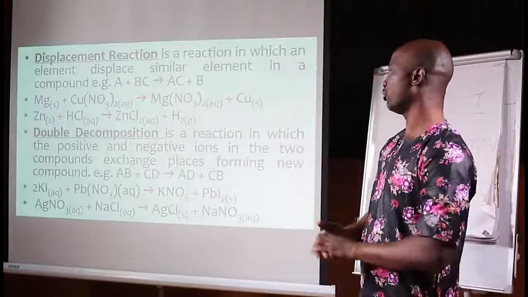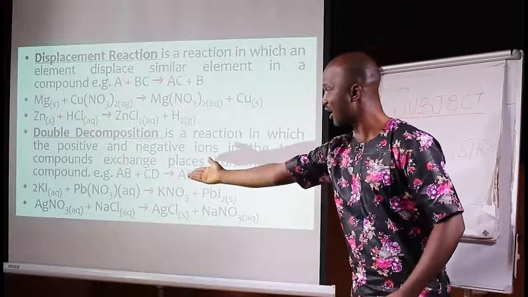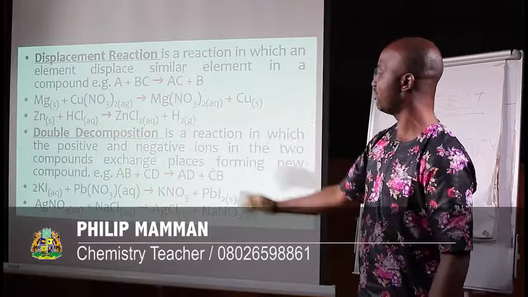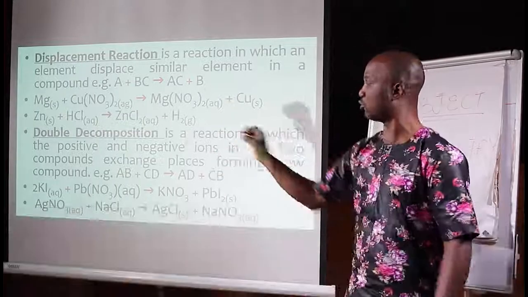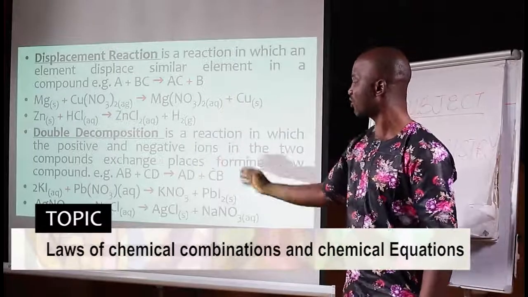Then double decomposition. As the name implies, it means that the two compounds involved in the reaction will decompose and eventually exchange their cations and anions. As you can see in this case, AB plus CD eventually giving you AD plus CB. If you look at it here, potassium iodide plus lead II trioxonitrate V, you see that the trioxonitrate V goes to potassium and the iodide goes to lead. So you have potassium trioxonitrate V